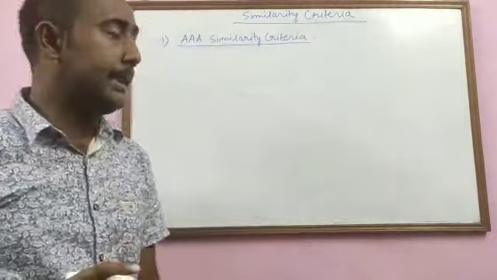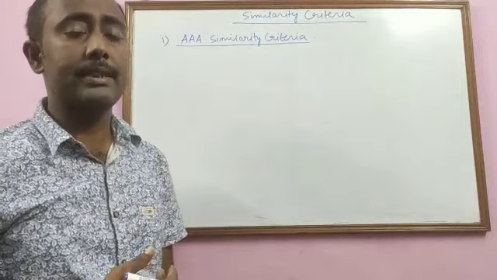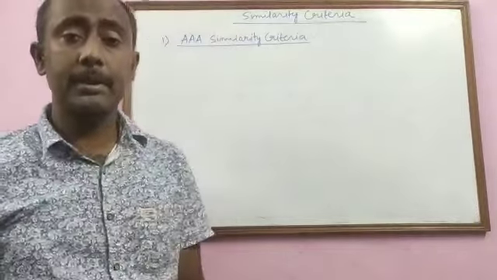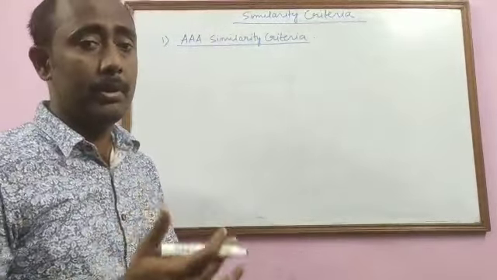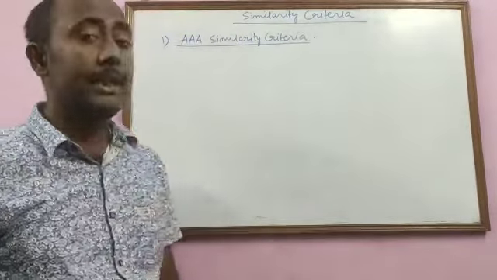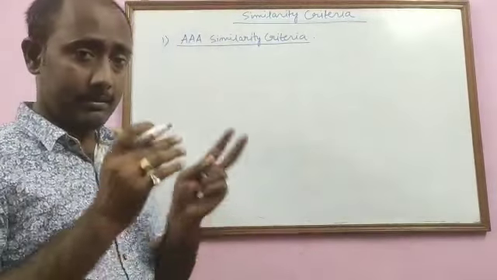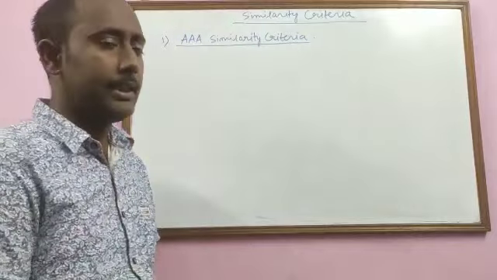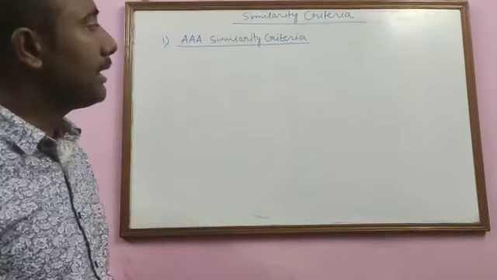Students, if you are interested in the proof part of these criteria, you can refer to your NCERT book and the reference books. But if you go through the syllabus of CBSE, this particular question is not going to be asked in your board exam to prove. So you just need to understand the similarity criteria. What does AAA similarity criteria mean, and then you have to proceed with the questions which are there in the exercise. So I'll make you understand about angle, angle, angle similarity criteria.